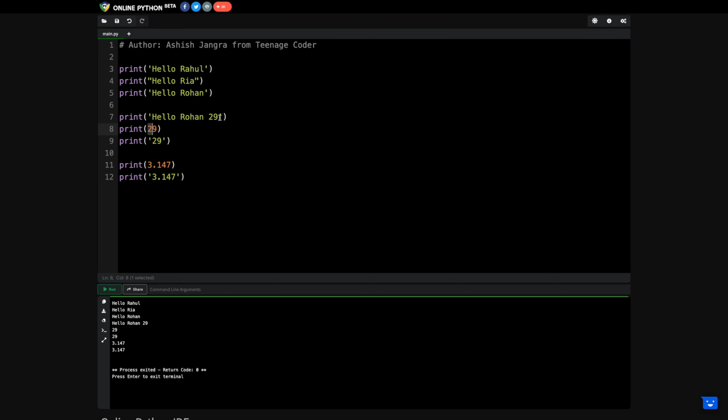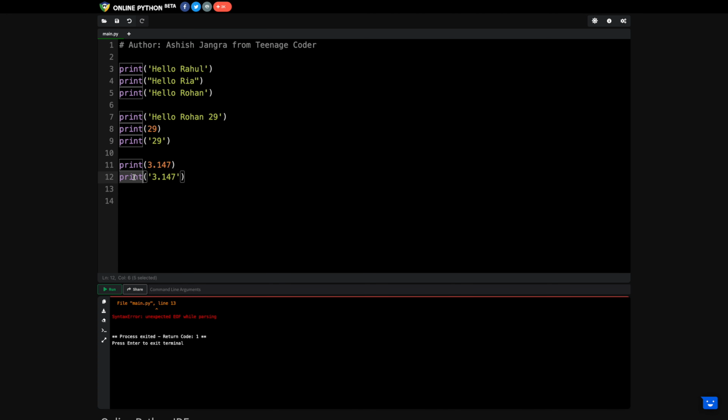Now that's pretty much it about printing anything or print. Now one thing that you need to consider as well is, make sure to use the brackets. If you are opening a bracket and not closing it, you will get an error. Okay, so make sure to open a bracket and close the bracket as well. Make sure to use this round bracket, you cannot use the square brackets, it will throw you an error. And the last thing is,